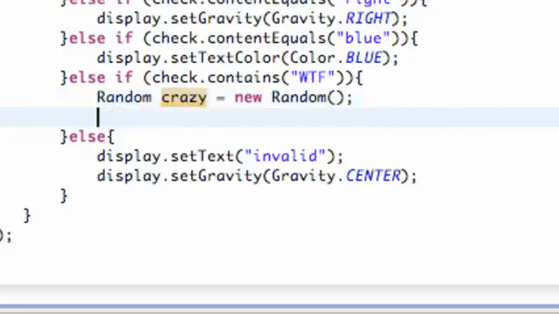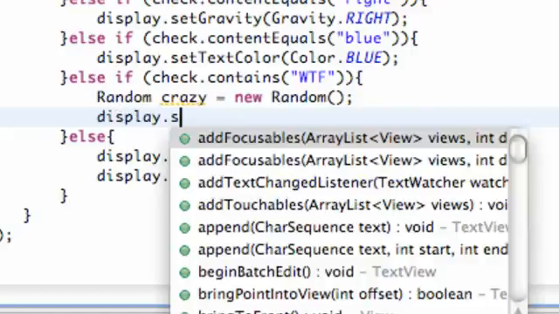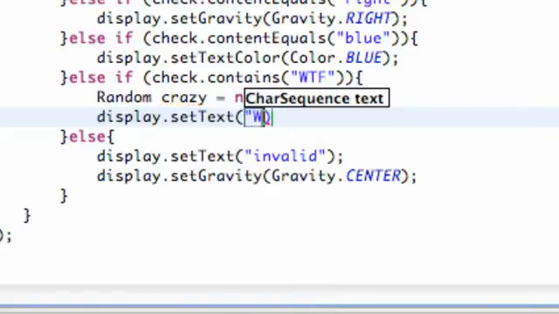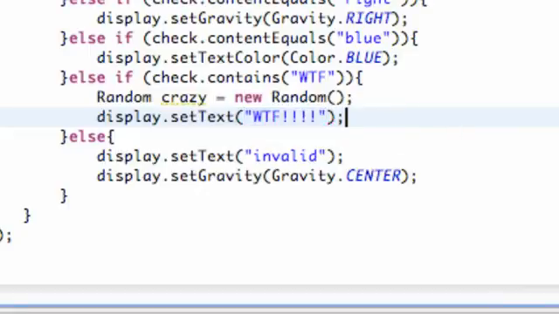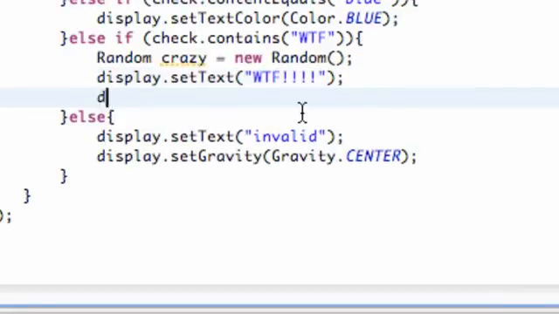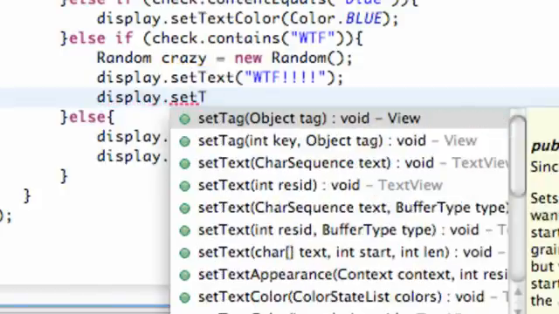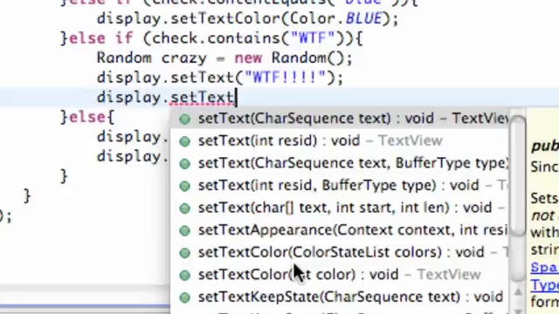So now what we're going to do is define some methods within this WTF, where's the fridge, and again we're just going to set the text to WTF, something like that. Next thing we want to do is maybe change the text size. So again we can just say display dot set text size,